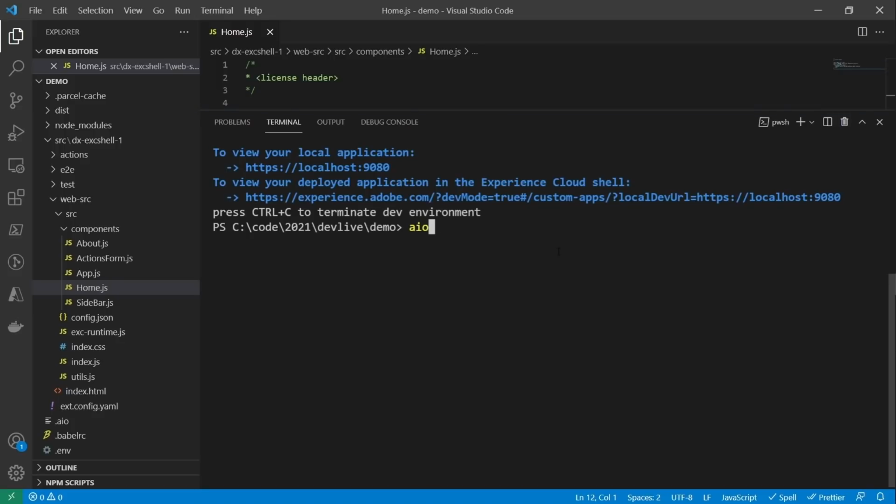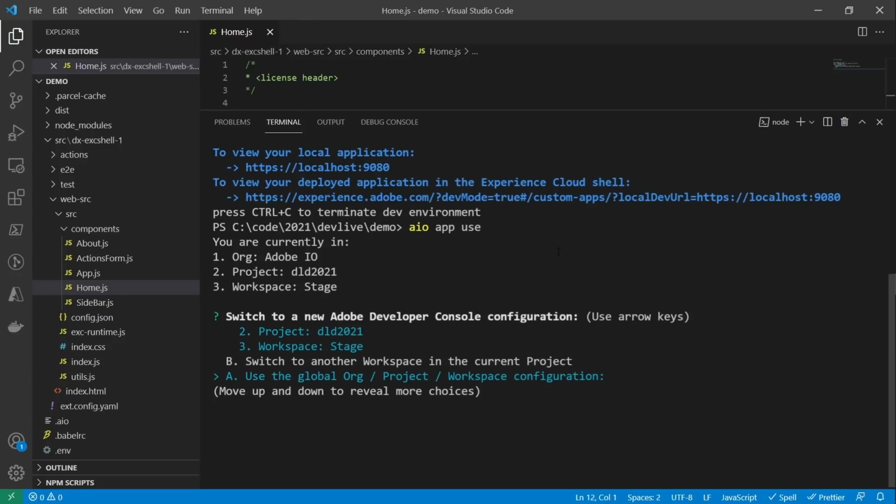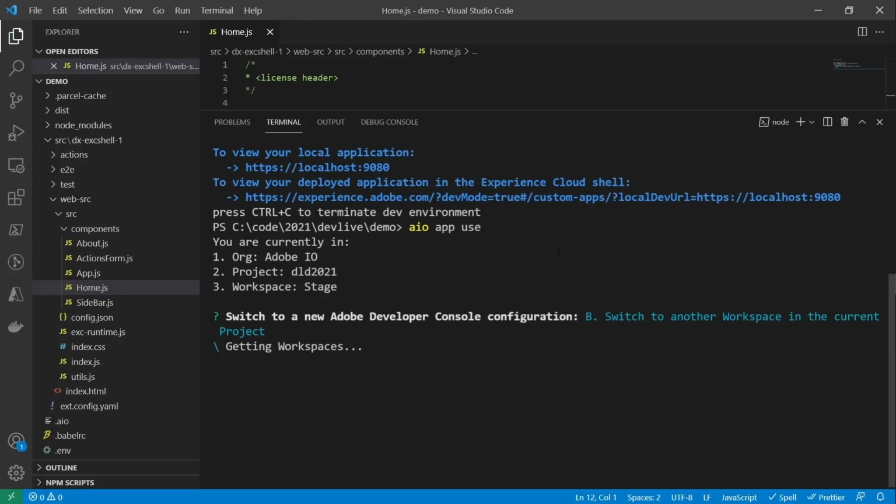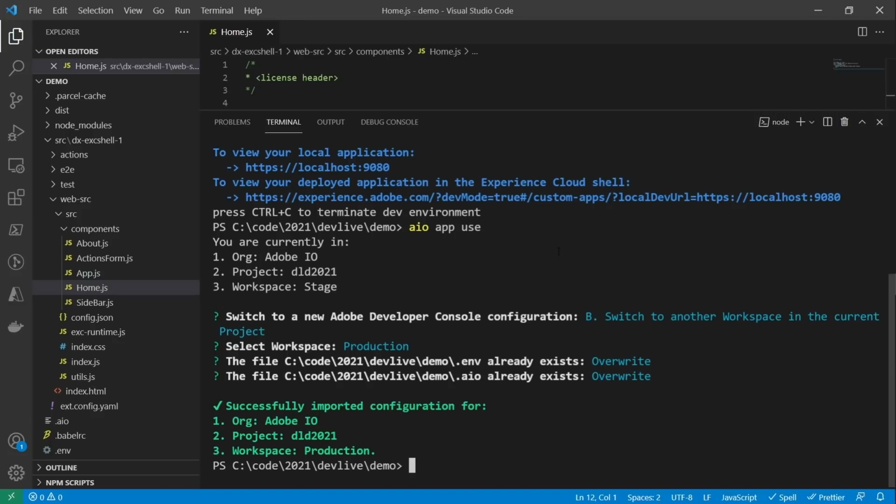So what we're going to do is aio app use. When I bring this up, it's going to ask me what I want to do, and I'm going to tell it that I want to change the workspace. I'm going to switch to another workspace. All we have is production, so I'm going to select that. It's going to ask me to override the configuration files.